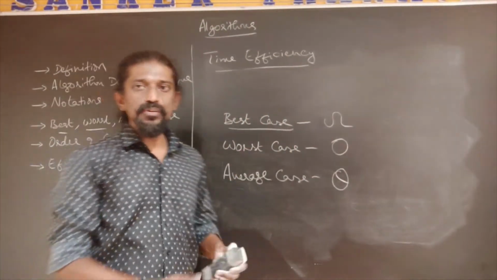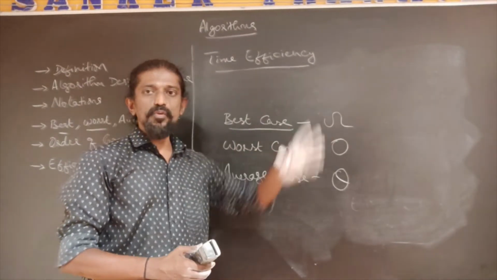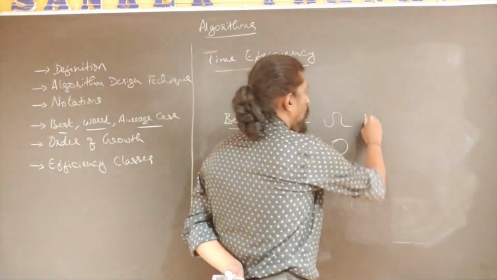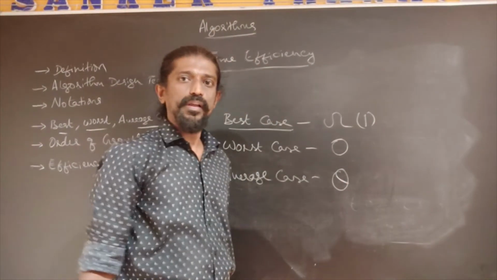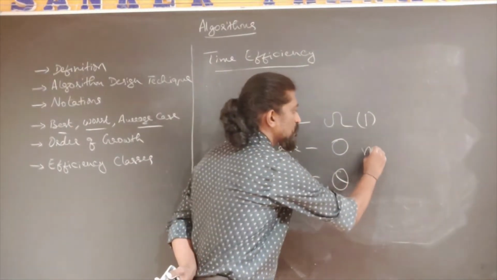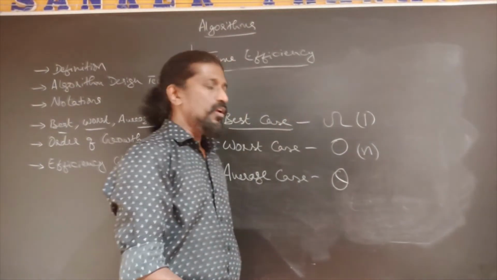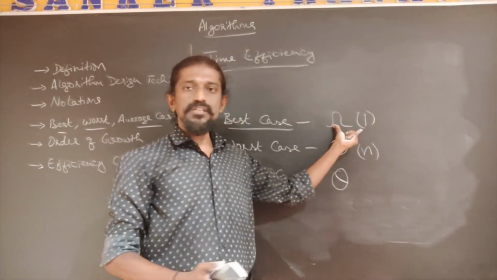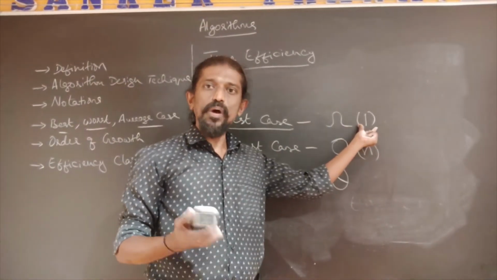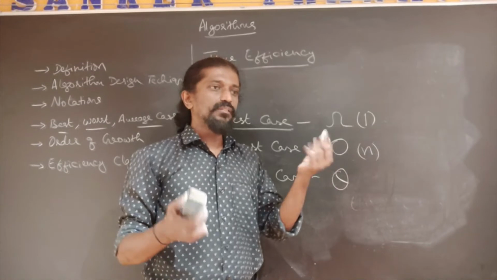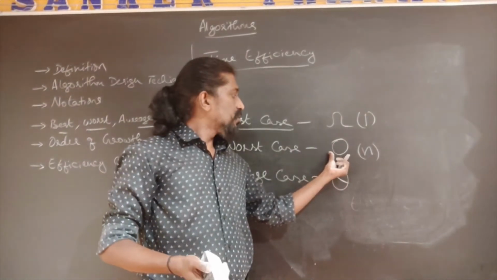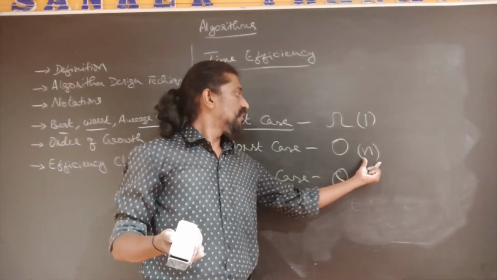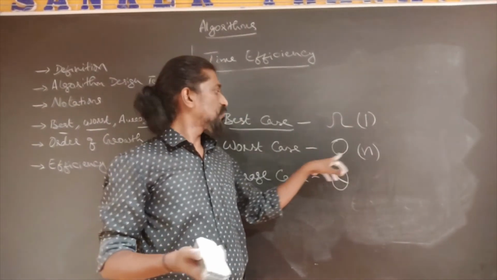If we have to state the best case of an algorithm, we can simply use omega notation. We can say linear search belongs to omega of 1, or we can say linear search belongs to O of n. So what does it mean? It means that the minimum effort required by the linear search algorithm to give output is 1, one comparison or one time unit or whatever it is. The maximum effort that you have to put in linear search to find a solution is n, linear with respect to the input.